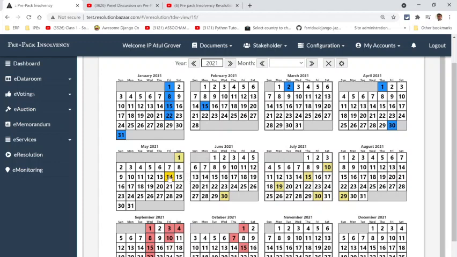Then within 15 days, by the 14th, we will have the unrelated financial creditors give their approval. So by the 30th, let's jump here, so within 60 days, T plus 60.